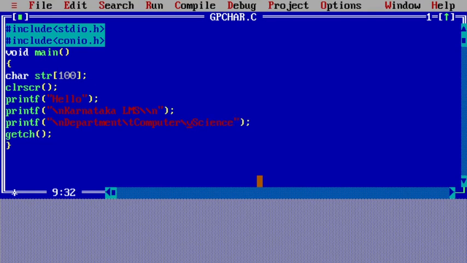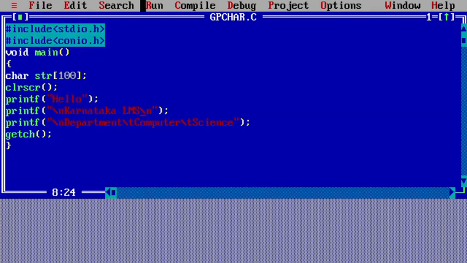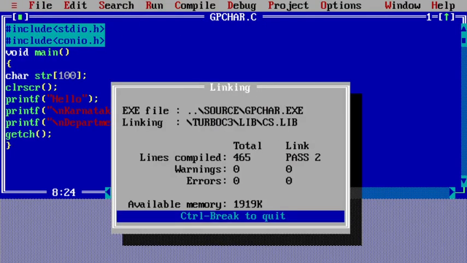Similarly here also \t. See here, Karnataka LMS, we used \n, so that it was printing \n in the sentence. If I remove the one backslash, let us see what happens. Then it has to be a new line, right? So it is displaying at a new line.